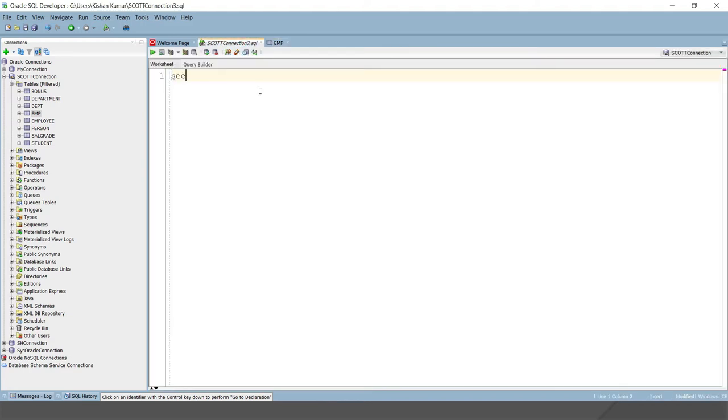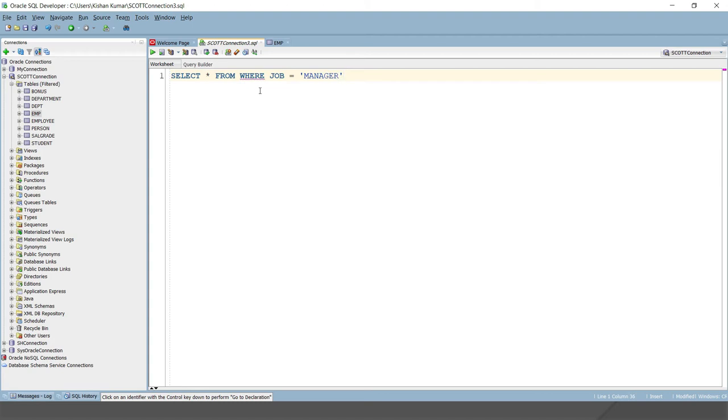Here I am going to write a SELECT, let me write it in capitals. Here you can specify the column names, so whichever column names you want to select, or directly you can put the asterisk so that it will select all the columns. I'm just going to select all the columns: SELECT * FROM, and after that we have to add the WHERE clause, and job equals to manager, because we are looking for all those employee details. The first condition is the job should be manager.